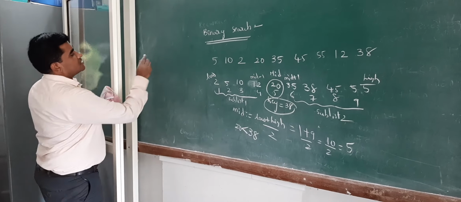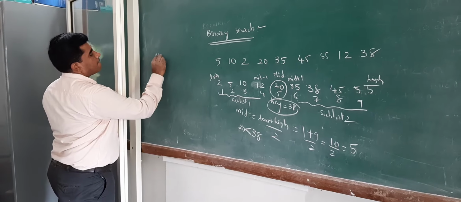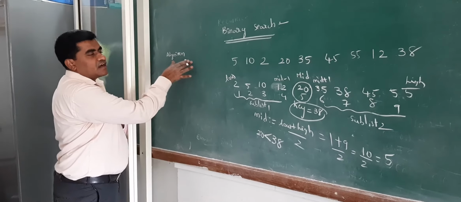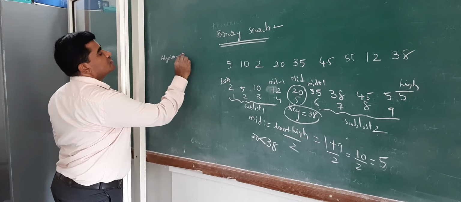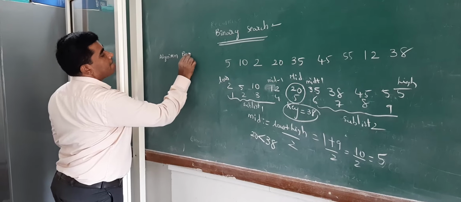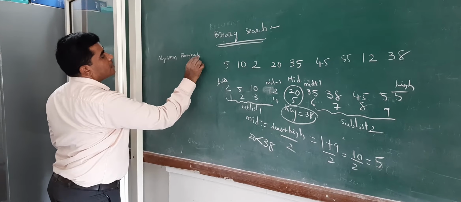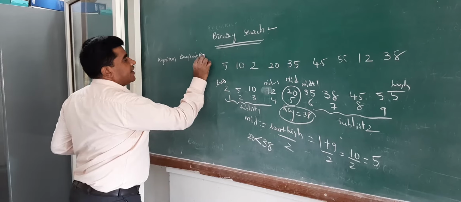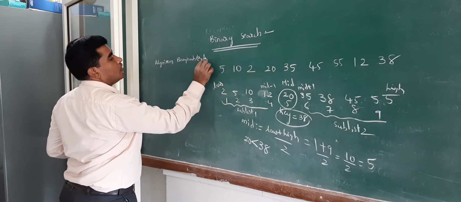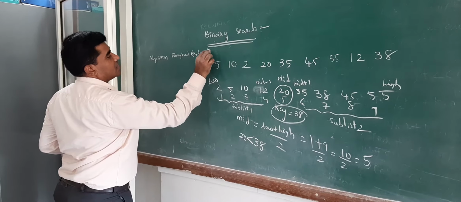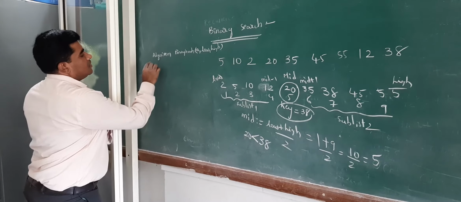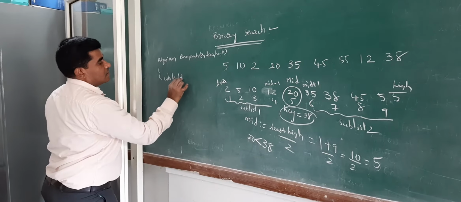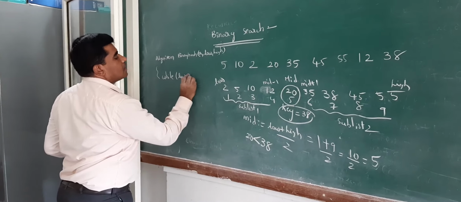So, name of the procedure. Algorithm consists of heading and body. Heading consists of name of the procedure. For storing all elements, we have to use array A, and low and high also there. Now, while low less than high.